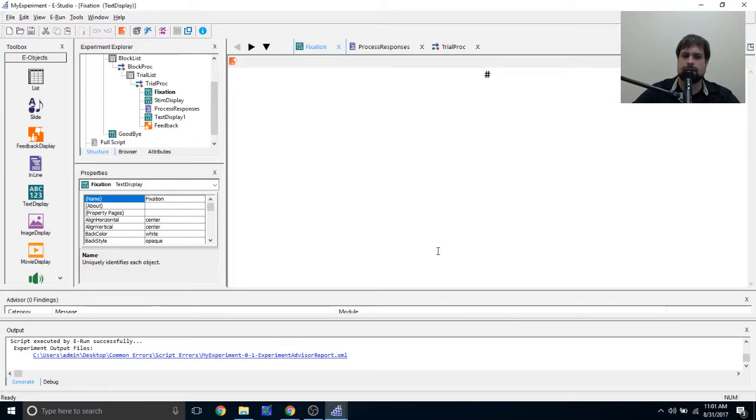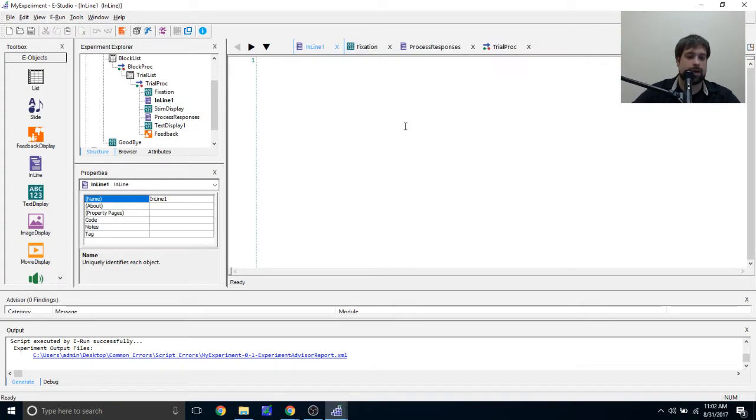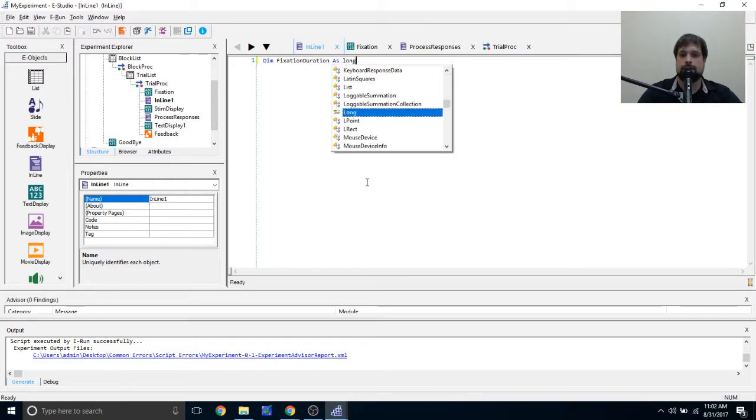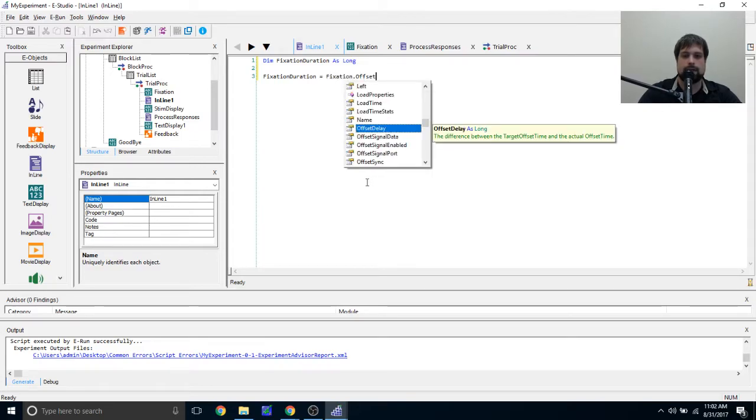But let's say I want to fact check ePrime. Let's say I don't necessarily want to trust that it's going to report exactly what it gives me there. Let's say I want to make my own attribute that has the duration of my fixation time. What I'm going to do is make a new variable, dim fixation duration as long. What this is doing is defining a variable as a long, so it knows I can hold numbers. I'll put fixation duration is equal to fixation dot offset time